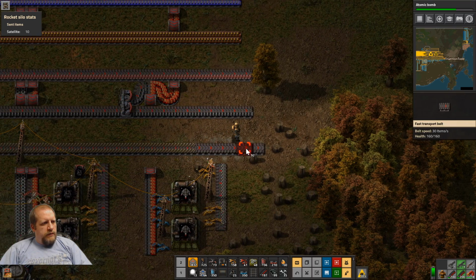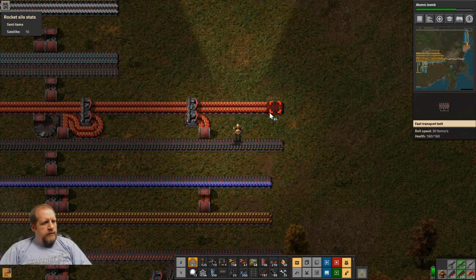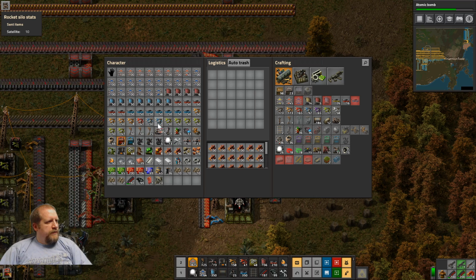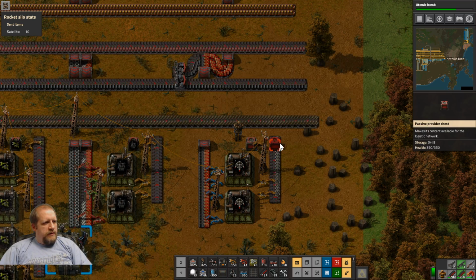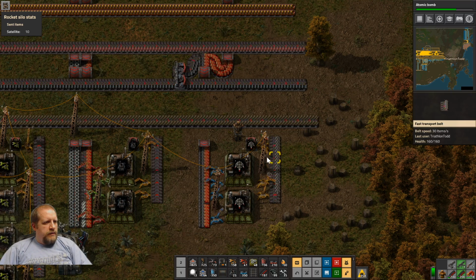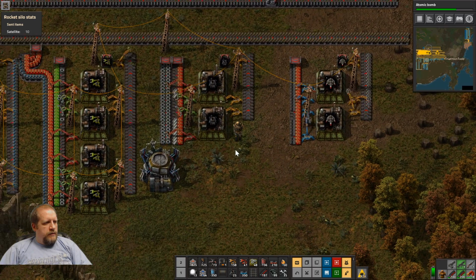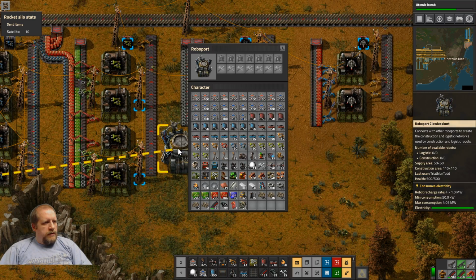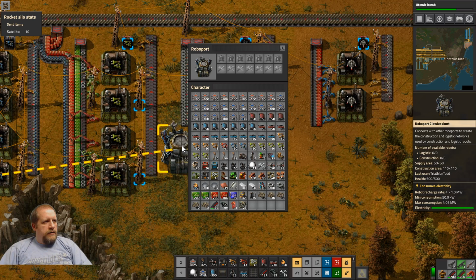Oops. Okay. Easy enough. You were facing the wrong direction. How many can these hold? Oops. Roboport. You can